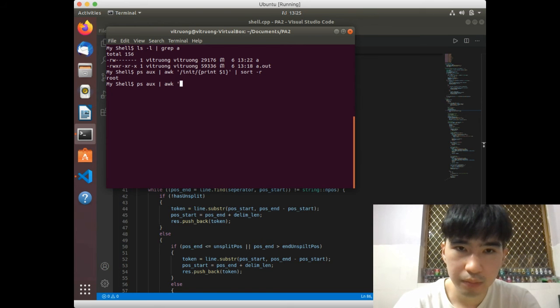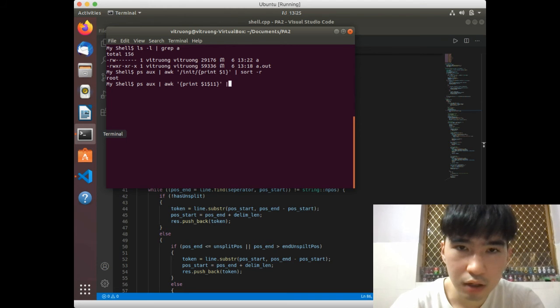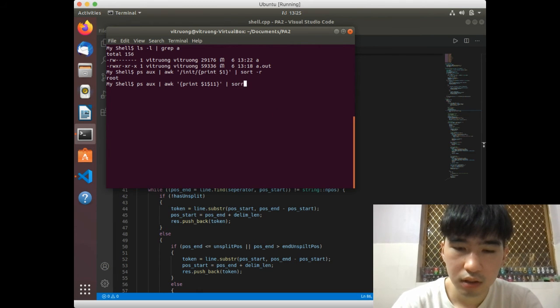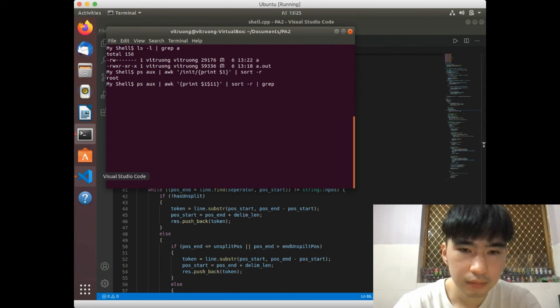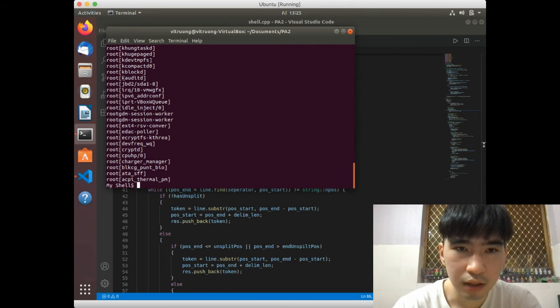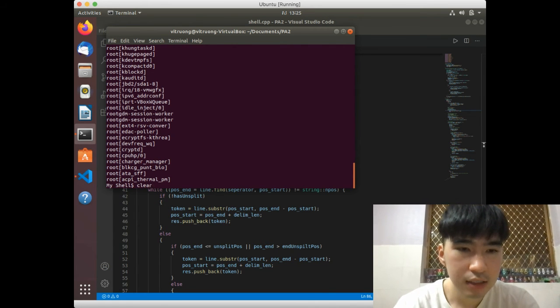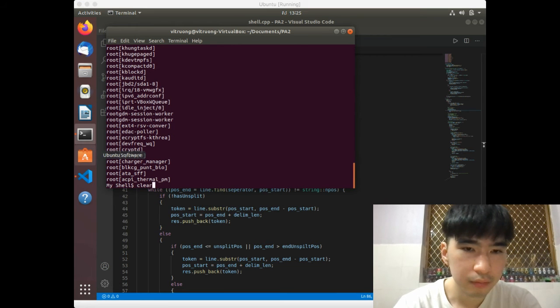So let's try one more command like this. Print this. And then we also sort, and we also wrap for the root. You see all the root displaying right here. So with the two or more pipes with the input and output redirection,